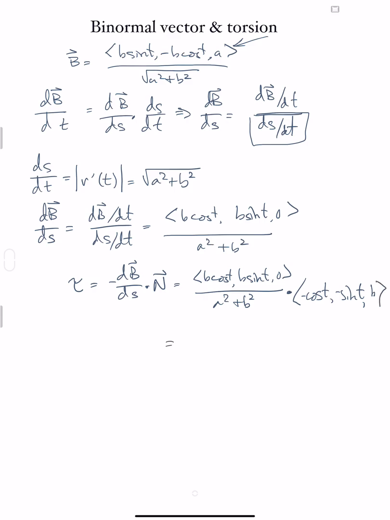And then if we do the calculation, we'll end up with b cosine squared t for this term, and b sine squared t for that term. So we end up with b over a squared plus b squared. And that is our torsion, tau,